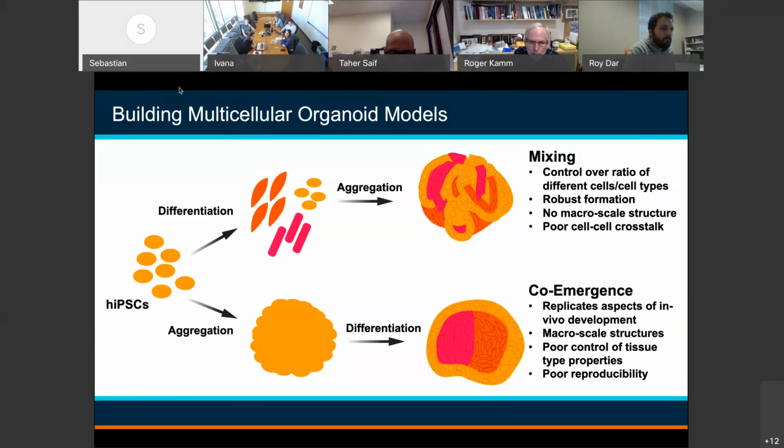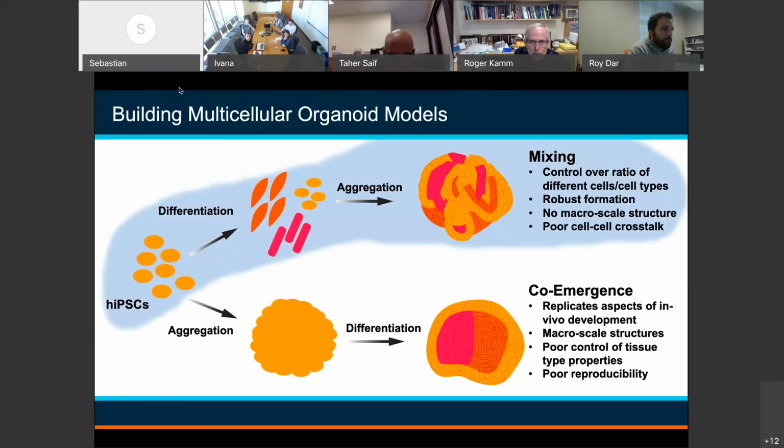Historically, the way that the field has gone about doing this is through this mixing approach, where you take human pluripotent stem cells, differentiate them into the cell types you need, purify these, and then aggregate them. While this approach gives excellent control over the ratio of different cell types, and you get robust and reproducible formation of these aggregates, you don't get macro scale structure formation. So this method doesn't take advantage of cells' intrinsic ability to self-organize the way that they do in vivo